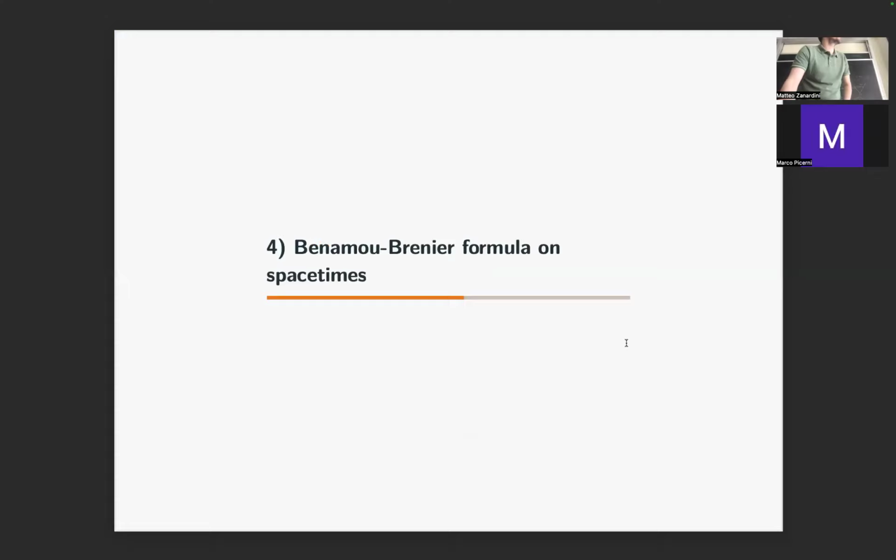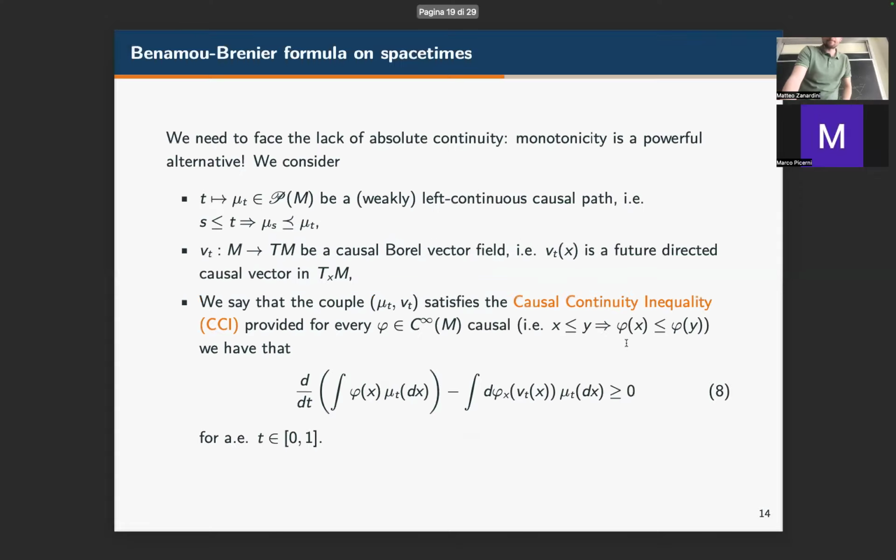Okay, now I want to discuss what the Benamou-Brenier formula is in this kind of space. Now, the first observation is that on spacetimes we don't have an intrinsic distance. So we don't have a metric space. We need to face the lack of absolute continuity, since we don't have a distance. But we can find in the monotonicity with respect to this order a powerful alternative. This is the trick,